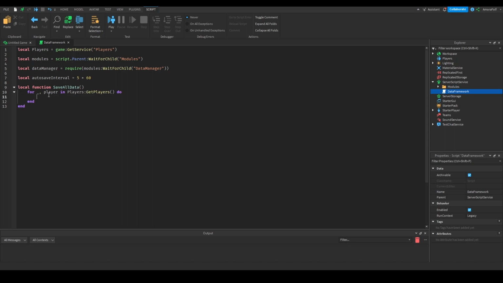So what this is going to do is loop through every single player that's currently in the game, and we're going to save all of their data by doing DataManager.UpdateData(player). So this function will save all of the data for every single player in the game. And now we're going to do